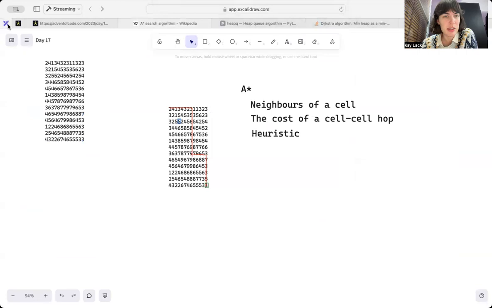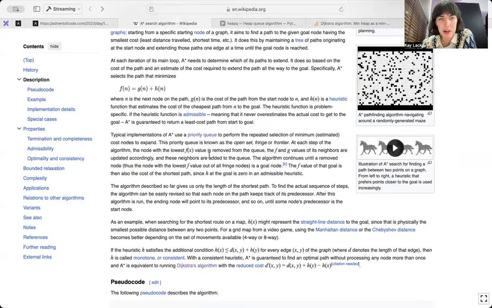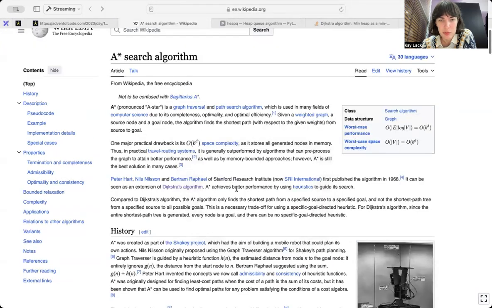So actually, to say how we're going to apply this, the heuristic function here, we do want to generally be biasing towards going down and right. Not entirely, because that might be a very expensive path. So we want to also cover the other paths that we could go down. But going down and right is generally a good idea. But we do need to be careful because there is a rule for the heuristic,